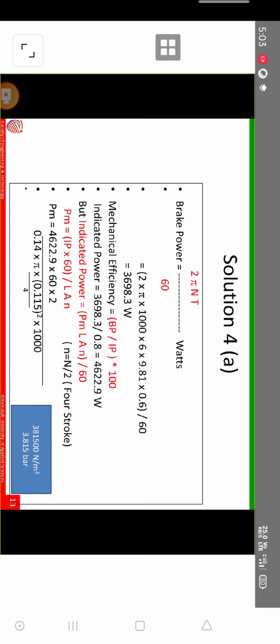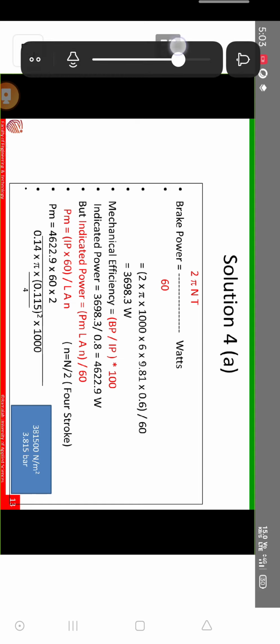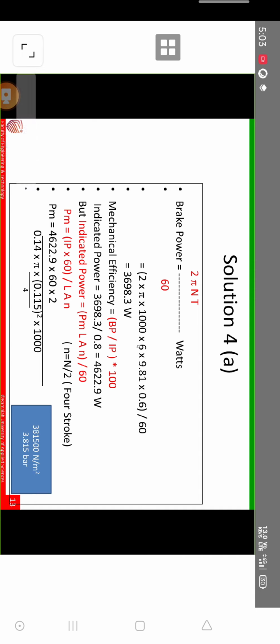So any doubts? I think this type of problems will be there for your test and exam. If you have any doubts, please ask. Here there is one special thing: they have not given the value of T, that is torque, directly. They have given weight and they have given distance. Again, in weight, they have given it in kg. If they are giving it in Newton, then you substitute directly the Newton value and multiply it with radius. If they have not given it in Newton, then you have to multiply by 9.81 to convert kg into Newton.